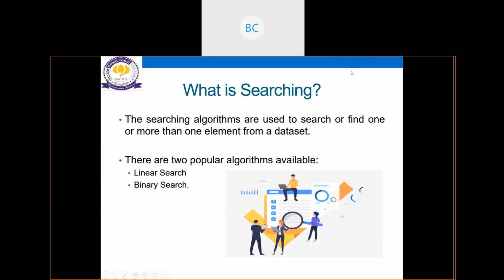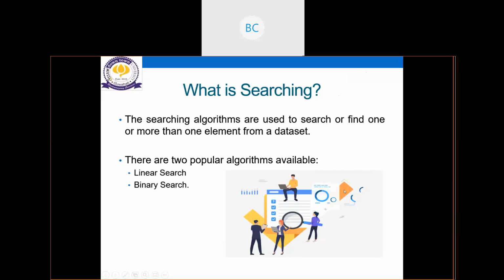So what is searching? This one I guess all of you already know. Searching means to find one or more than one element from a data set. And we have two types of searching algorithms. One is linear search and one is binary search.